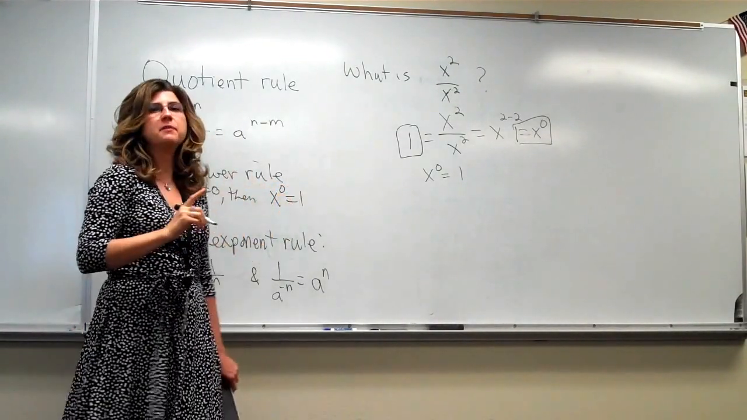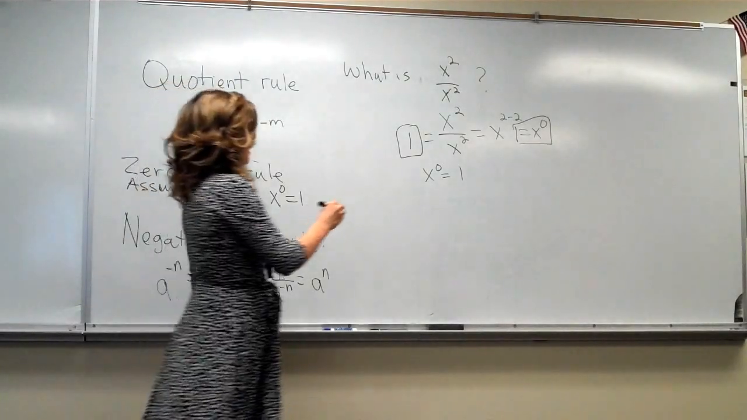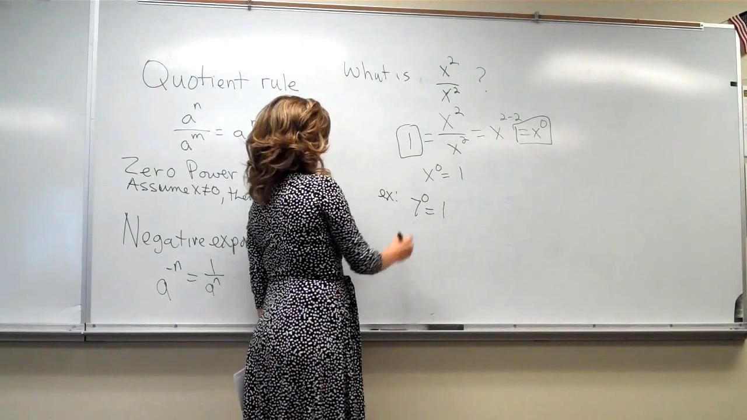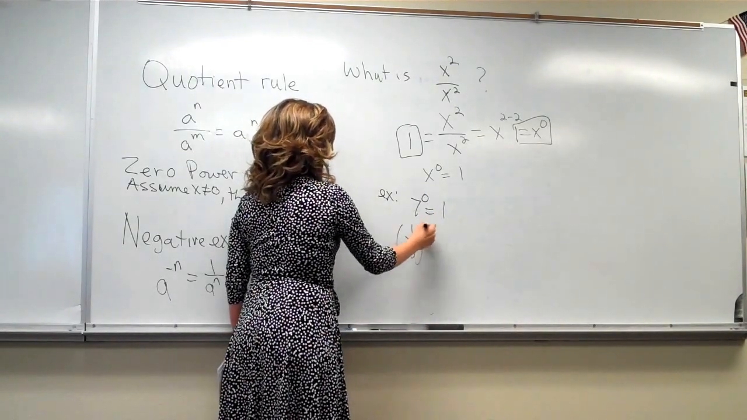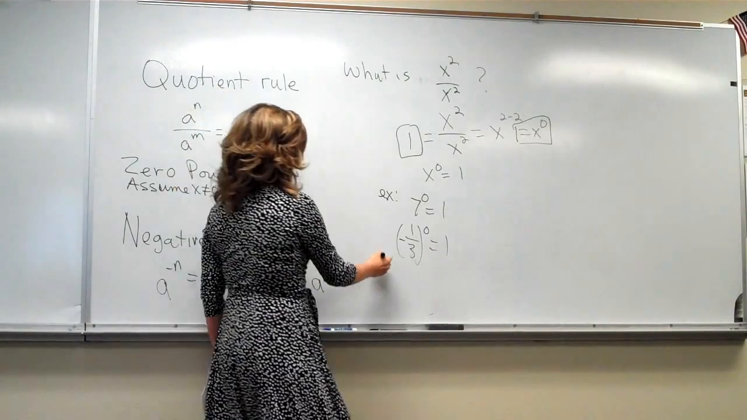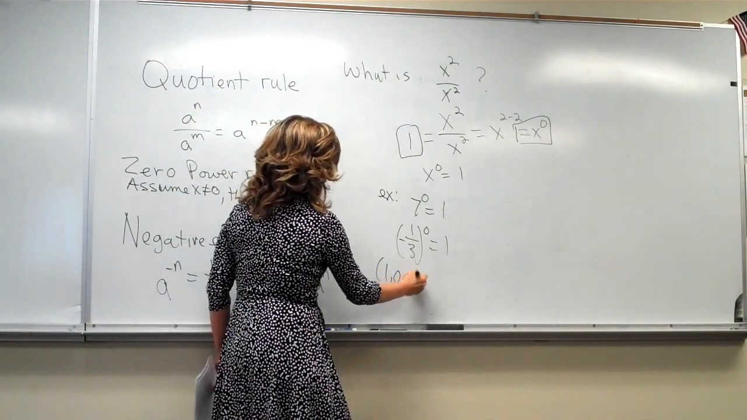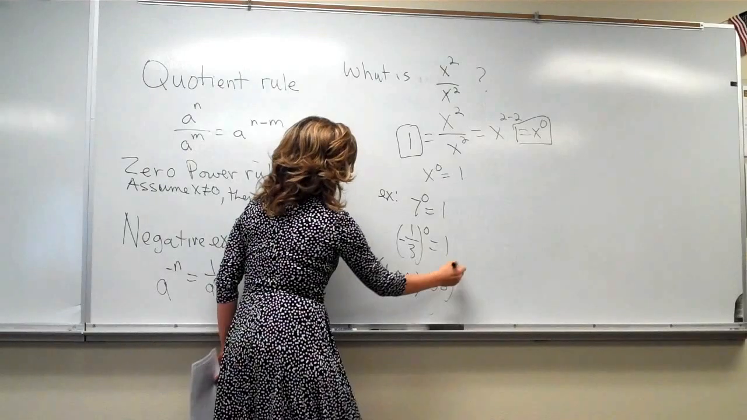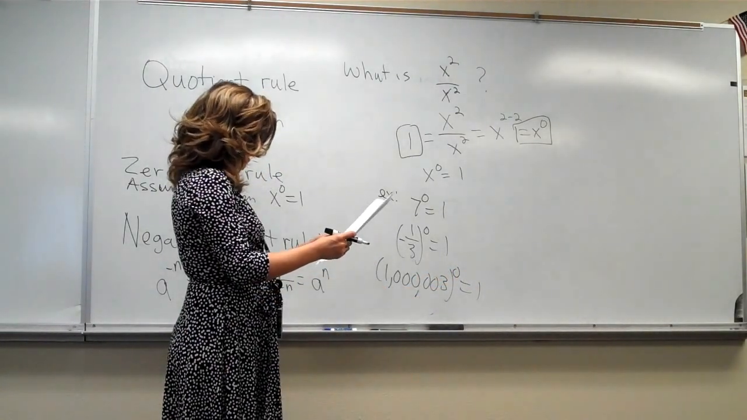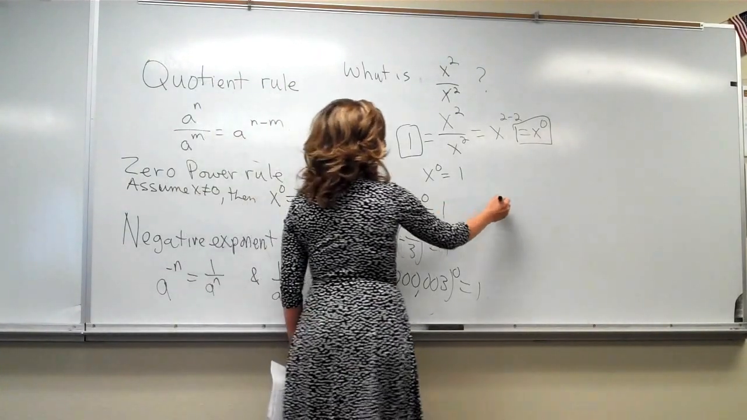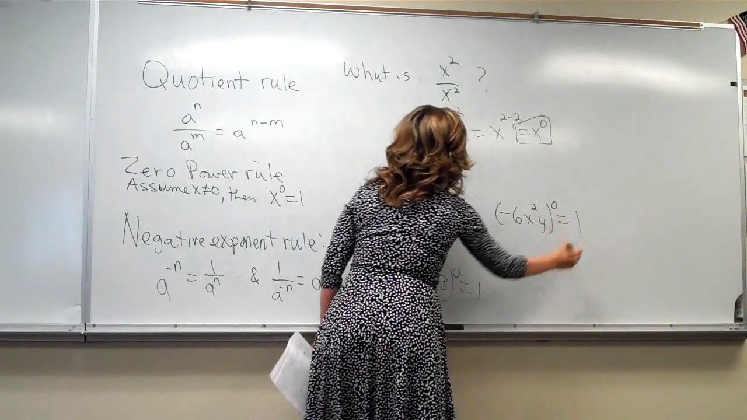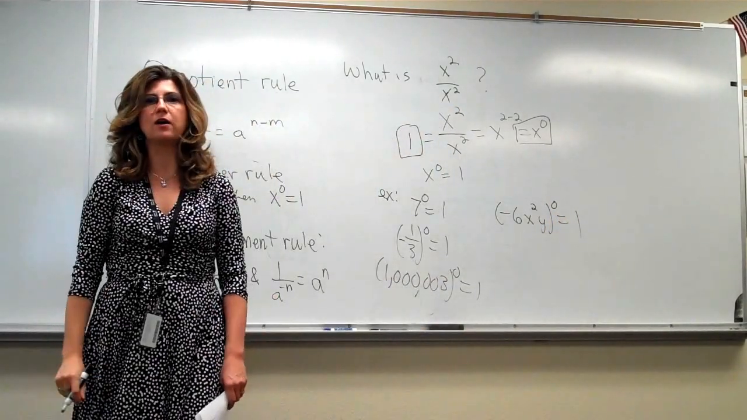Now this is surprising to many students, especially when you see what this means. For example, 7 to the 0 is 1. 1/3 to the 0 is 1. Negative 1/3 to the 0 is 1. 1,000,003 to the 0 is 1. Even if you have a variable in there, as long as you assume the variable is not 0, minus 6x squared y to the 0 is still 1 as long as we assume x and y are not 0,